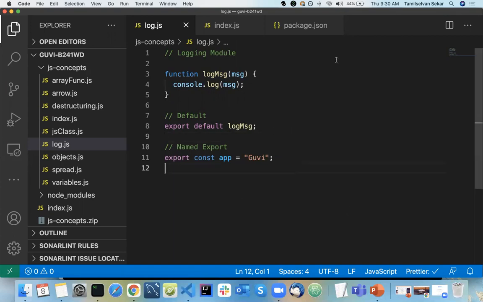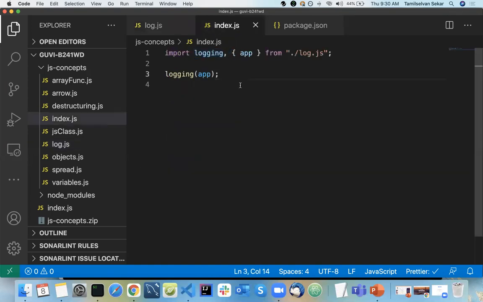Tamil, yeah, yeah, yes, on index.js. Here, at line number 1, you had mentioned the path